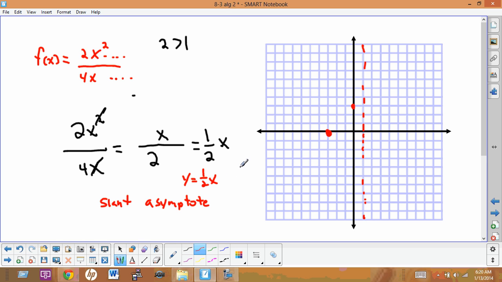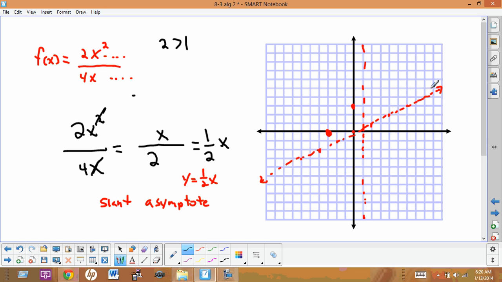We can see we have a y-intercept of 0 and a slope of 1/2, so 1 up, 2 over, 1 up, 2 over, 1 up, 2 over, 1 down, 2 over, 1 down. So all I'm doing is graphing this line. So in this case, our asymptote is slanted. Okay, so the vertical is the one we can't touch, and the slant is the one we can touch, but